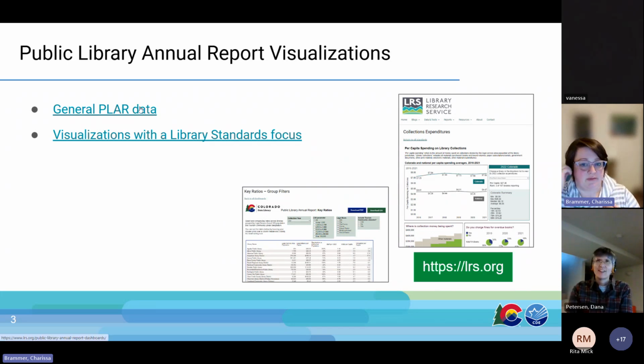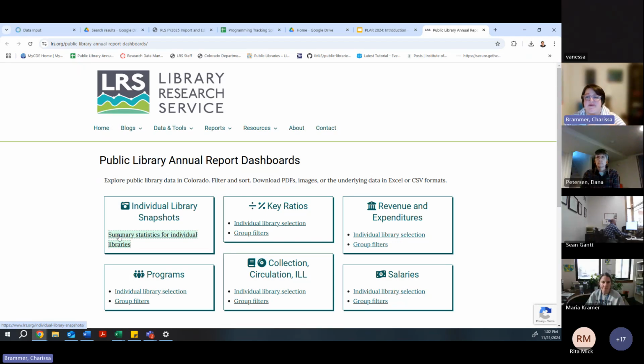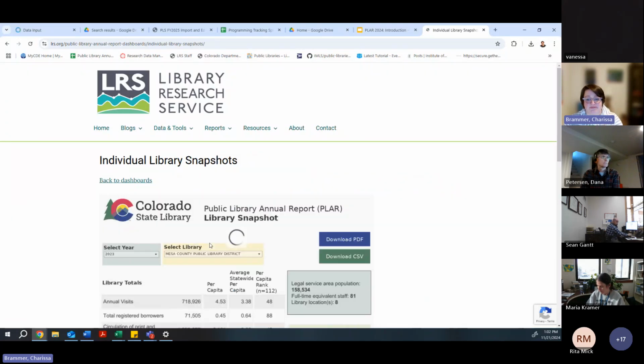But I just wanted to show you some of the things that are available to you as visualizations. So I hope this is showing the dashboards now? Yes, okay. So this is essentially the information that you've been getting out of our systems for years, but these are some new super useful visualizations that Dana's made. And I know we've been talking these up all over the state, so you might have seen these, but I think that they're just so cool.